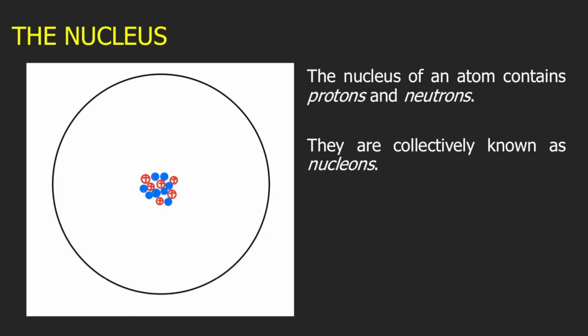Remember, electrons are negatively charged subatomic particles. So I'll just put here E, which stands for electrons, and a negative sign because electrons are negatively charged. Electrons move around the center of the atom, and the center of the atom is what we call the nucleus. So this is the nucleus